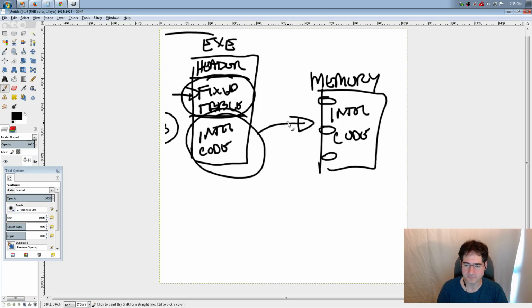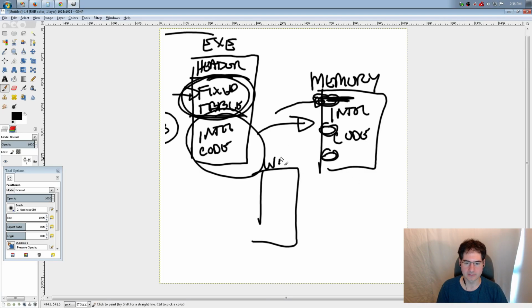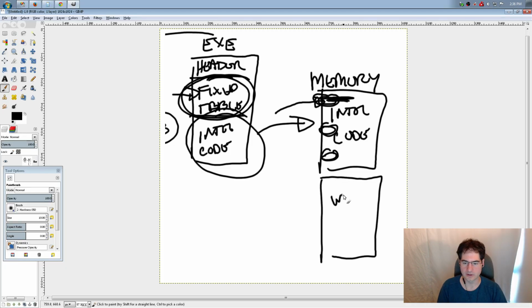But ignoring all that. So anyway, what happens is the OS goes into this fix-up table. I'm skipping a lot of minutiae, but basically it's going to read a fix-up table that says, here's the places they called system calls. So go right into the memory and overwrite the blank area that's talking about the system call with an actual pointer to Windows code. And I'm going to draw this a little more sanely, because this I can actually do a little bit more. So here's Windows code.